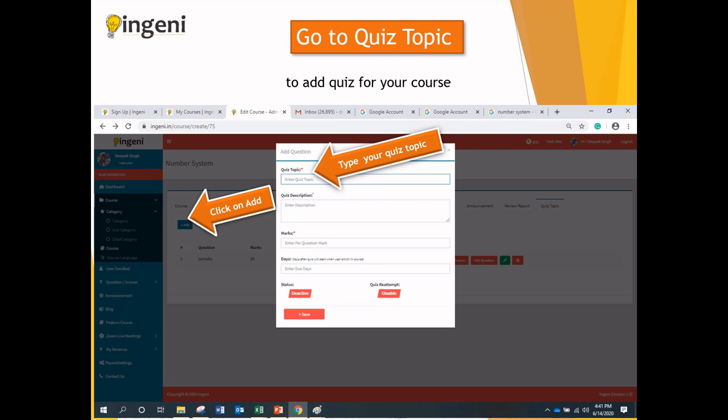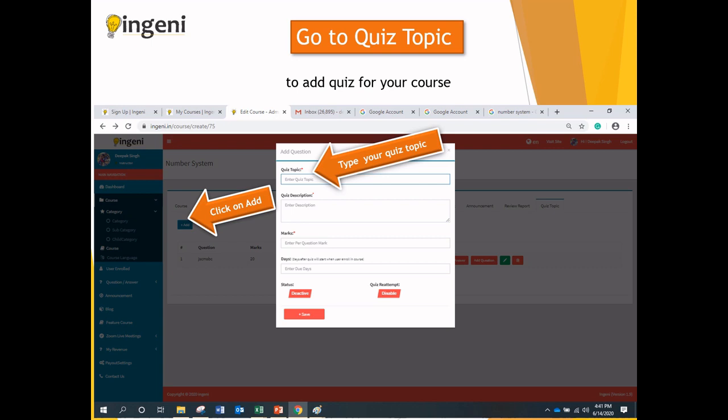So after end of every class there can be a quiz. So it depends on you, how do you want to place the quiz for the students, and this will be the tool that you can use so that you know whether the children are really benefiting from your course or not, they are learning from your course or not.